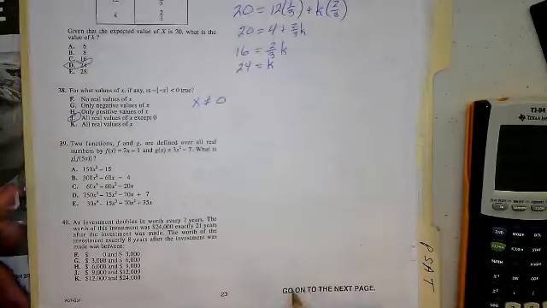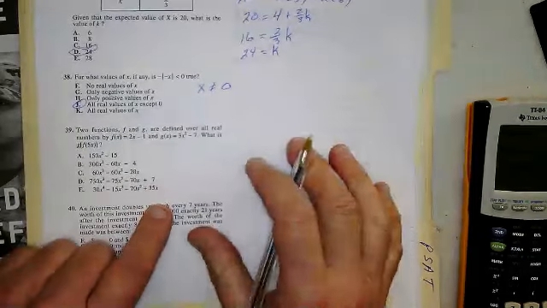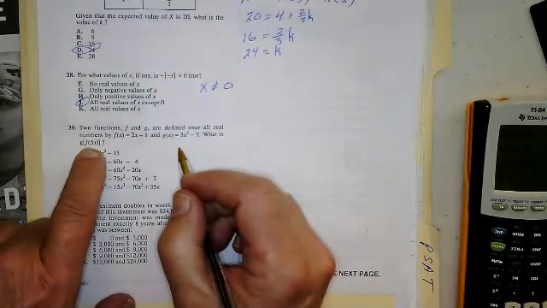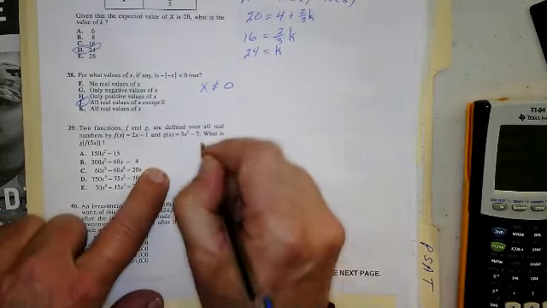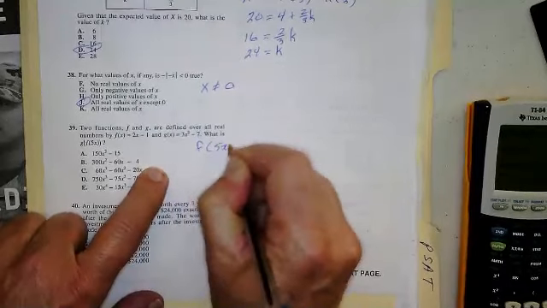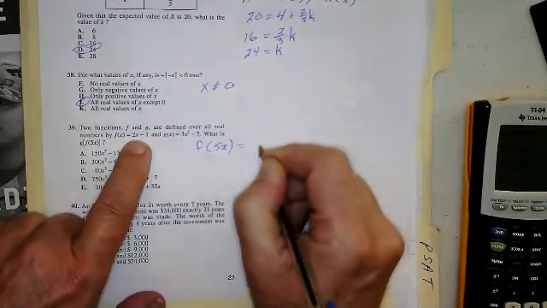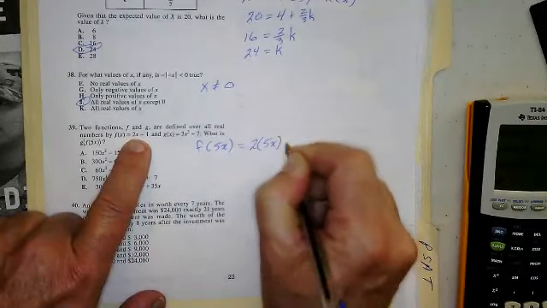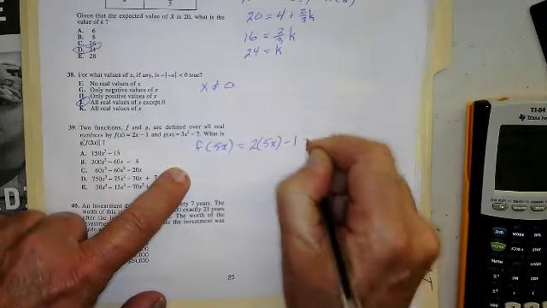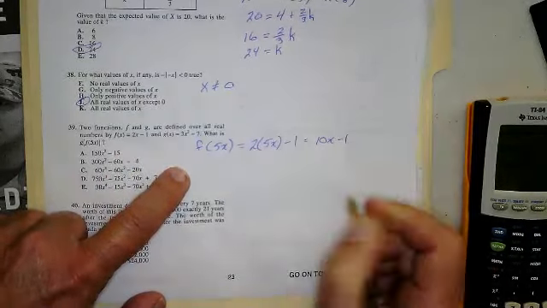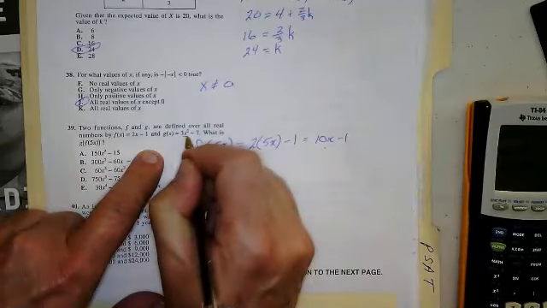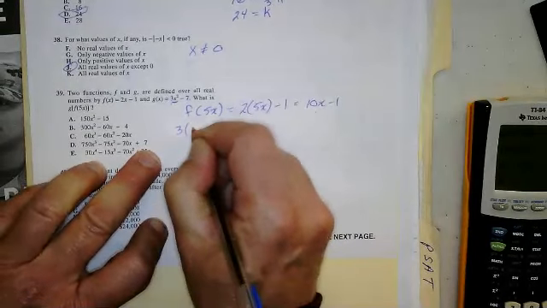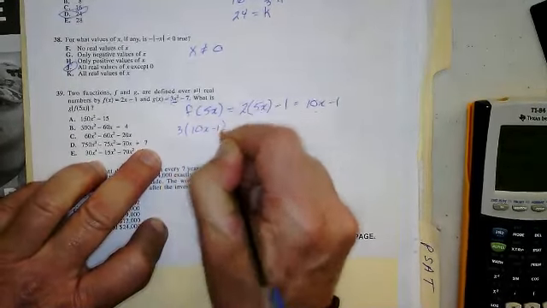Okay, 39. Boy, this is the one that's going to take you some time to do. Here's f of x, here's g of x. They want to know what's the value of g of f of 5x. So in other words, we're first going to find f of 5x, which means we're going to substitute 5x in for x in f. So that's going to equal 10x minus 1. Now we're going to take this and substitute it in for this x. Okay, so it's going to look like this. 3 times (10x minus 1) squared